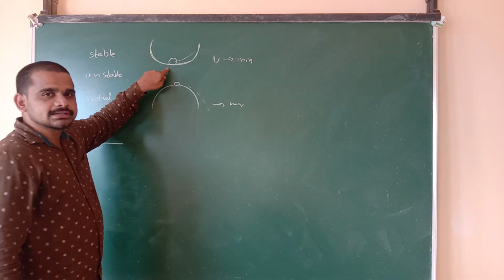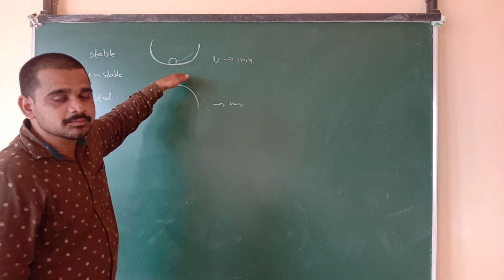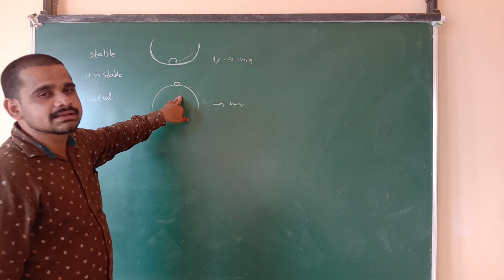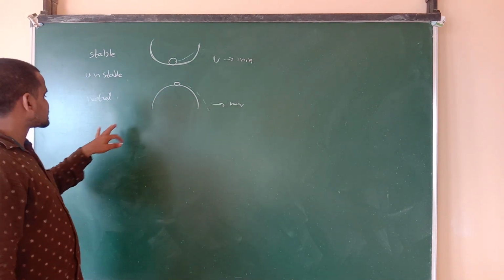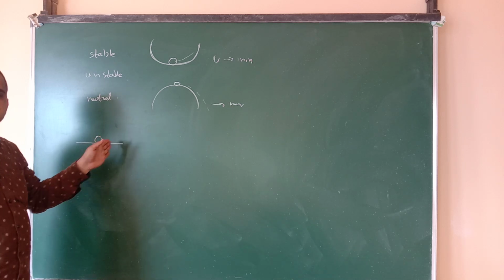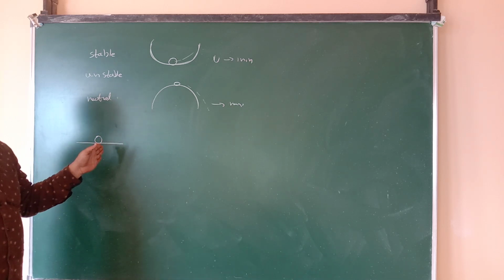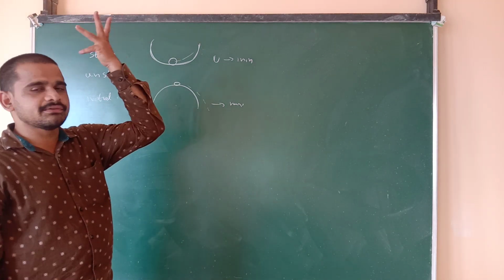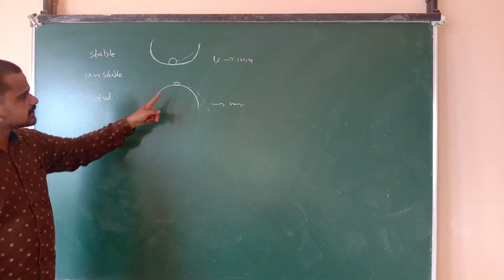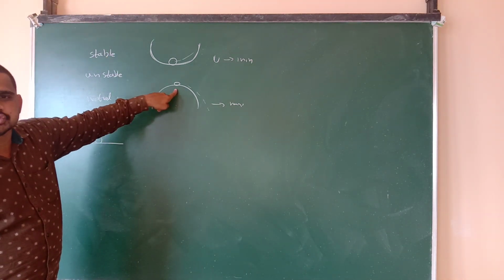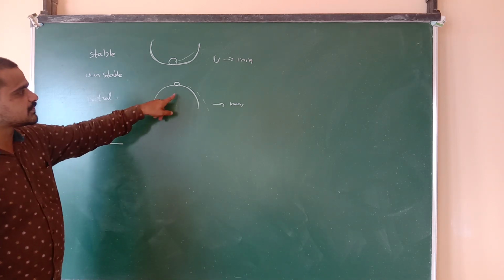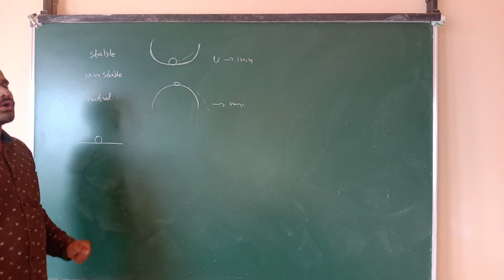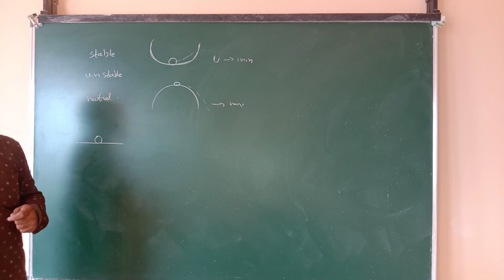This is stable equilibrium. It regains its original equilibrium position. But here, it doesn't regain its original position. Whereas here, this body will keep on oscillating. When you displace it from here, it moves away. It will never gain its original position. So this is the main difference between these two. You have to understand. These are the different types of equilibriums.